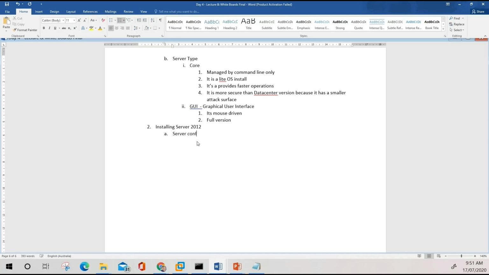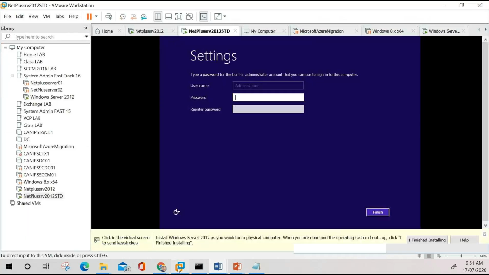I'm writing this down so that we all have this idea and we all follow the same steps. Server configuration. So first of all, admin password, and so here on both servers,